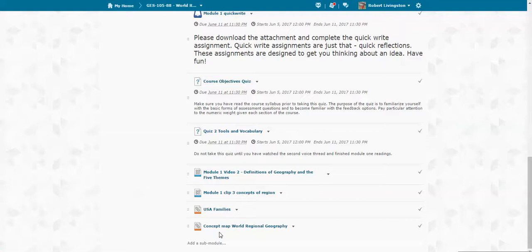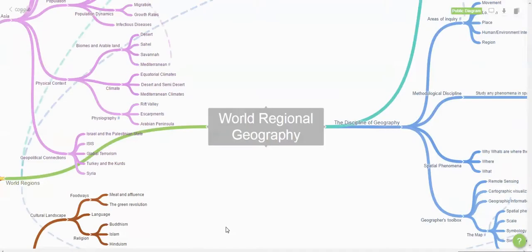So if you notice at the bottom here is a link to what I call my concept map of world regional geography. And it's something that will help you see where the class is going. So if you click on that, what you'll notice is that this will bring us to a secondary web page that's called a Coggle map or a concept map. And what I want to do here, and a couple of tools that we'll see some of these as we move through the semester, is if you notice that if I click on the map with my right mouse button,